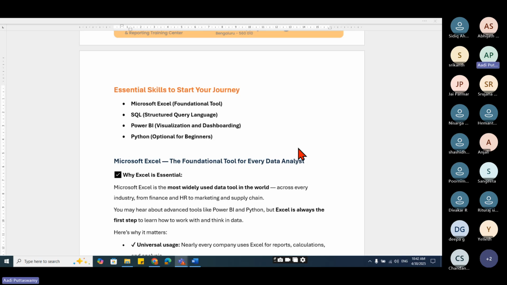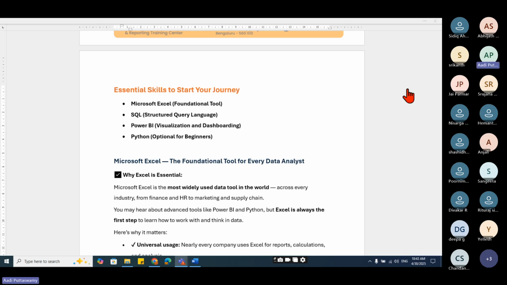But suppose you think, I want to go a little more advanced, then Power BI will come into the picture. And if you think, I want to automate something, I need to do the process automatically or accurately, then we use VBA. I'm not saying that VBA is compulsorily required for working on data analytics. It is used as a supporting tool which will help us in doing the automation.